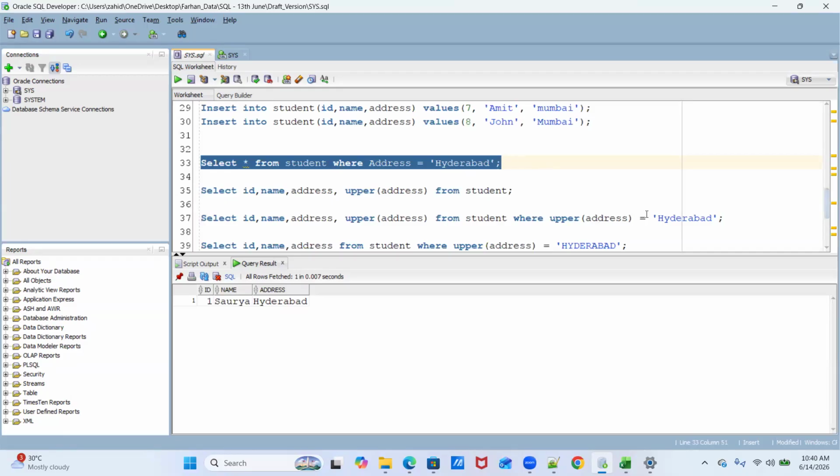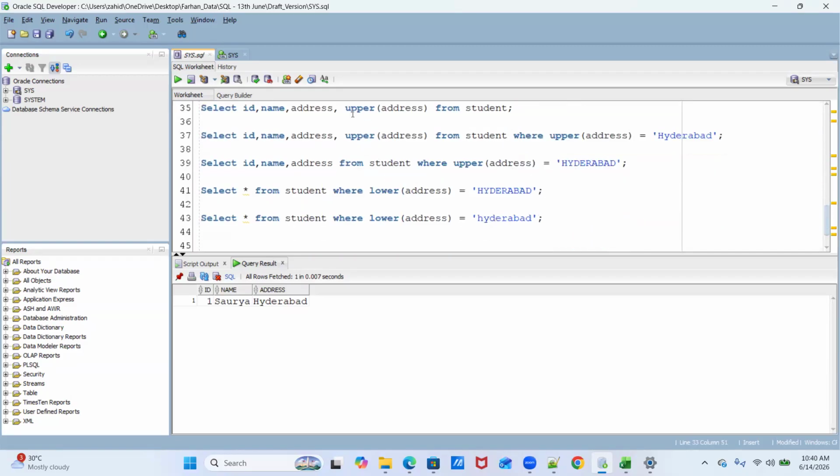Then we tried the upper and lower keywords, and with both of these we were able to capture those records. So you can use a where clause with either lower of address or upper of address. But the value you are comparing against should also be in uppercase, and similarly in lowercase. Then only you'll see the matching records.